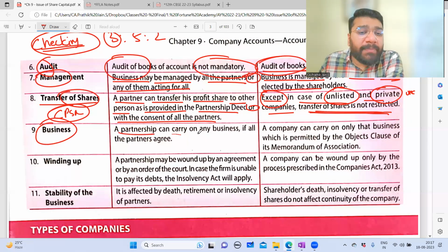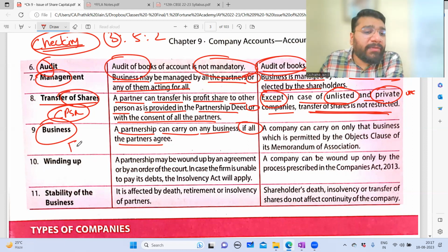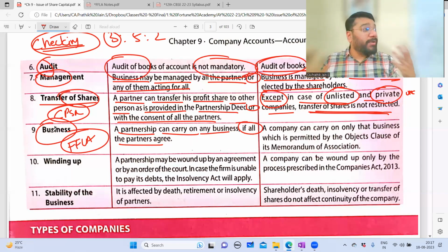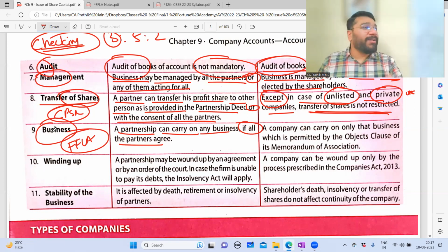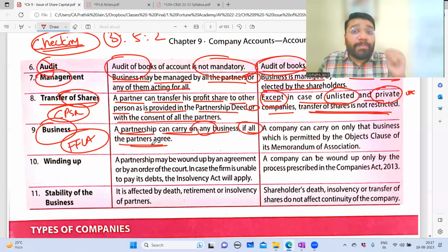Business: a partnership can carry on any business if all the partners agree. So let's suppose I started FFLA with the intention to provide coaching classes. Then slowly I started to see that a lot of you have a craving for food. Like me, all of you are foodies. Then the thought came: inside, one extra room is there. In that room, if I put coffee, tea, bhaji, bonda, everything, I start an extra income. So now all the partners decided, apart from the coaching business, let's also do a snack business. So a partnership can carry on any business, coaching plus snacks, if all of them agree. There is no restriction. You don't have to get permission from anybody.